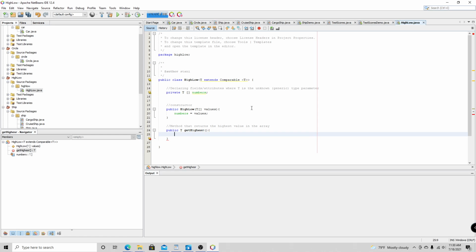So first of all, we have to set the marker. How do we do this? We say that the highest value, right? Again, we're not sure what data type it is. We're not sure if it's an int or a string or a double or a float or a char. We don't know. All right, so we have our friendly T, right? So T highest value